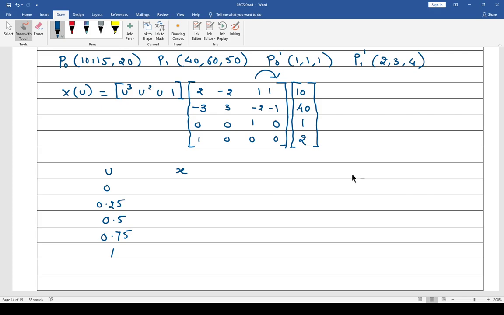So let us say for first your u will be 0, 0, 0, 1, and then you will be having some column matrix. Okay, if you multiply this, you are going to get the result, and then quickly you can multiply and let me know it. So you have the program for multiplying the second matrix to the third matrix, so you can use that or do it manually. Okay, and keep on letting me know the corresponding x values.